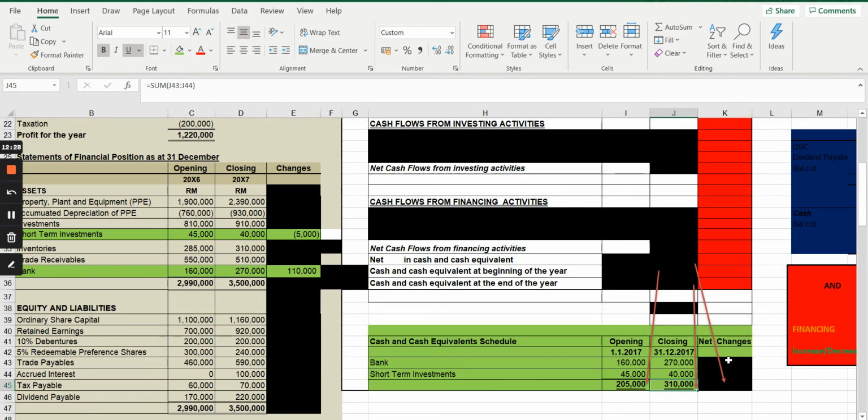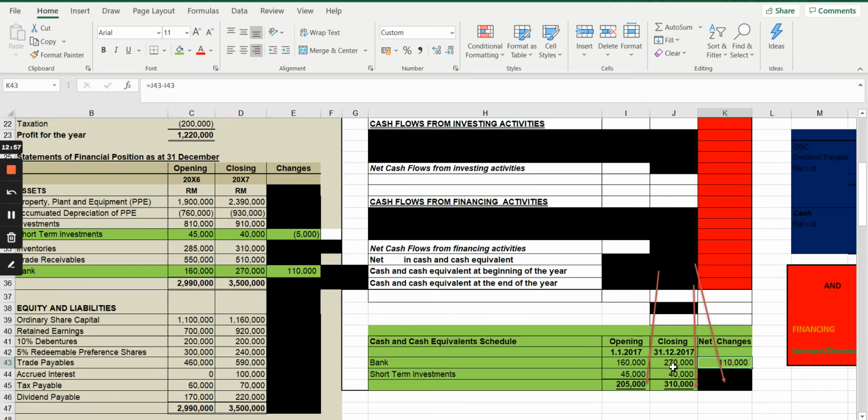And you know that the answer to the cash flow statement, the last 3 rows here, is actually from this cash and cash equivalent. If you have more than one item, then you can do this. If you just have one item under cash and cash equivalent, you can straight away put it in the statement. But today, we have 2 cash and cash equivalent items. For the beginning balance, the net changes coming from the 2